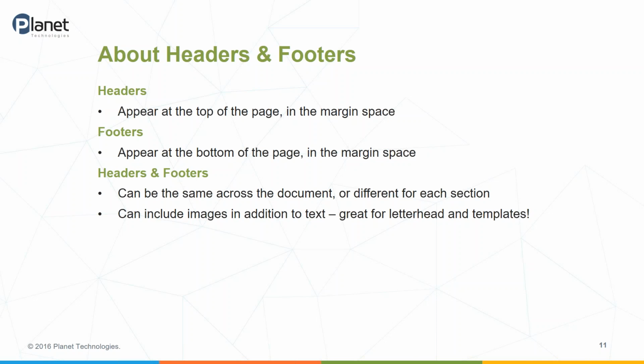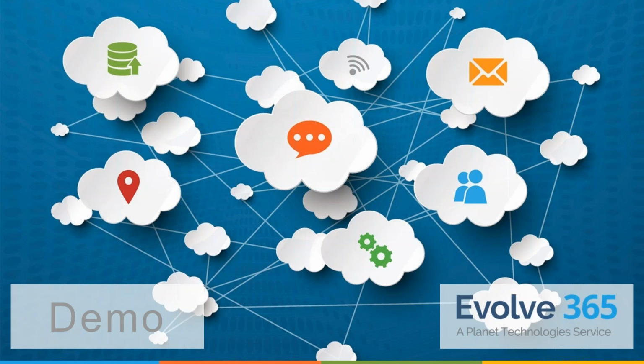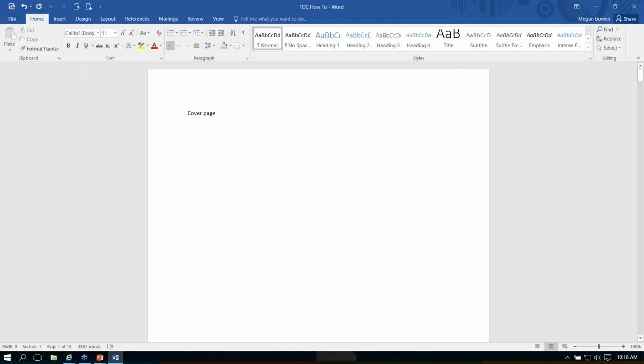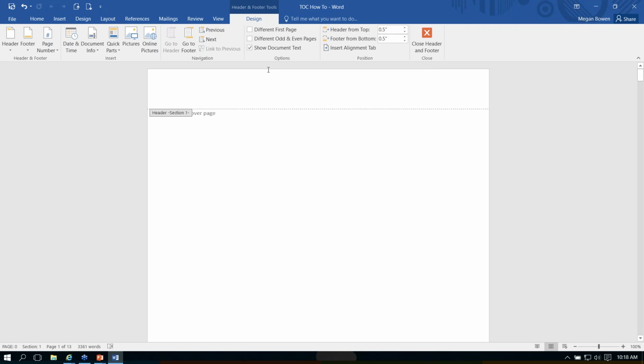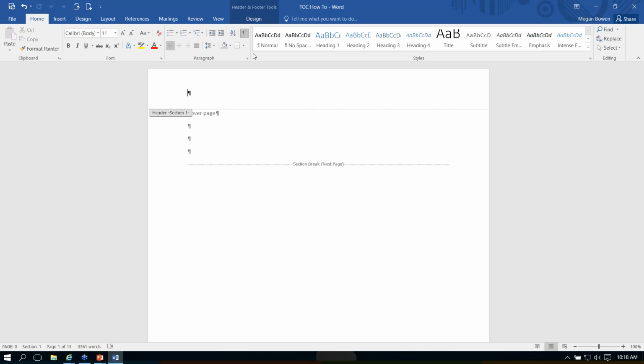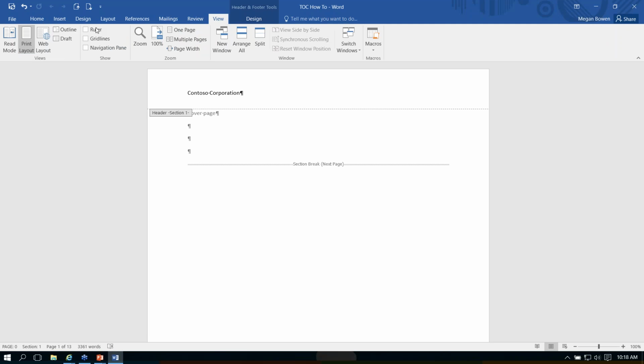So this is a great option for letterhead or templates or just branding a document, maybe with your logo. So we're going to take a closer look at our headers and footers. And again, I'm just going to come up to my home page, and I'm actually going to right-click in the header. And if we wanted to type in a company name here, again, we can just come in and start typing in a name. You can also use tabs and spaces within your headers just like you would any other